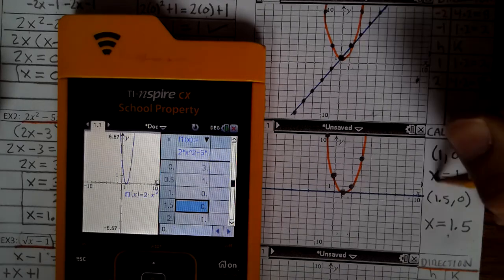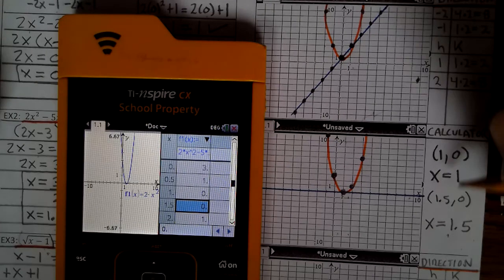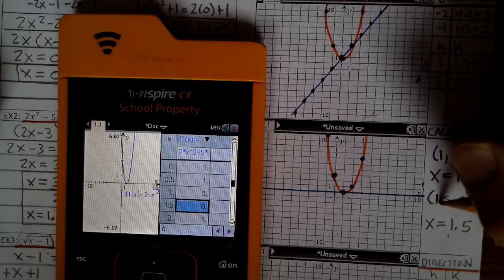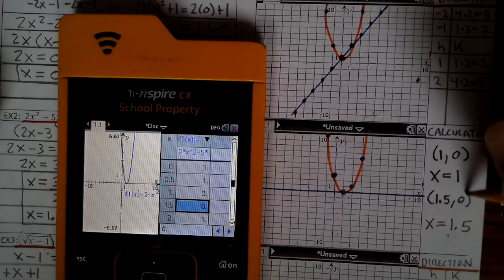Okay, so that's why you want to be able to do both methods, both algebraically and graphically. Okay, so with that, go ahead and finish up your examples and start working on your assignment, and have a